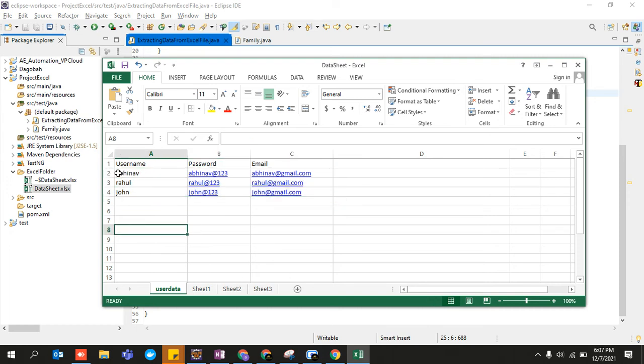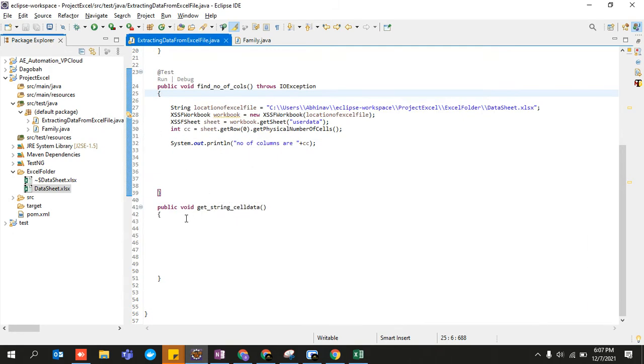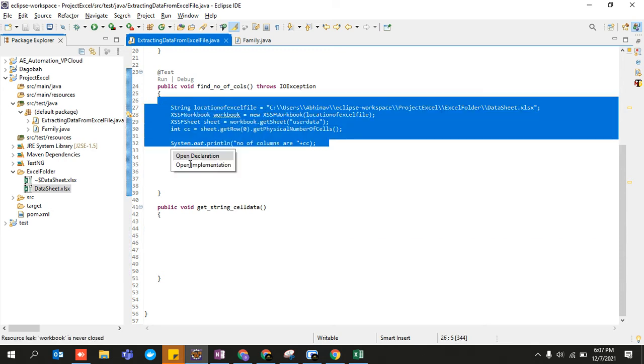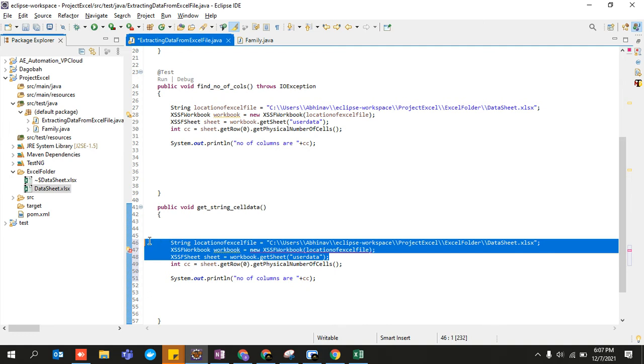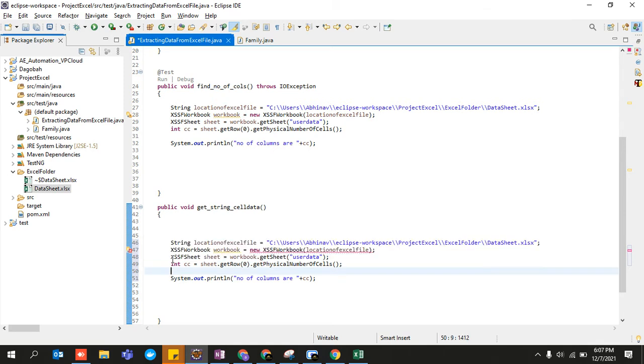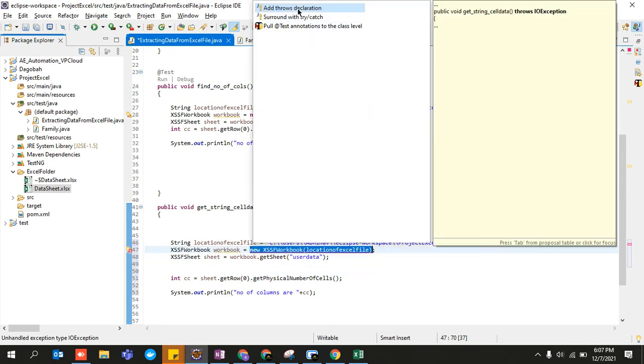Now we are going to go to this particular row, to this particular cell, and I'll just pull this particular data, Abhinav, right? And how we are going to do that? Again, just copy it out. Why am I just copying it out? Because these 3 lines would be the same, because these are local variables. I hope you guys know the local variable concept. So they have been created locally, so every time you have to write it out over there. Okay, down with try catch, it would say, yeah.